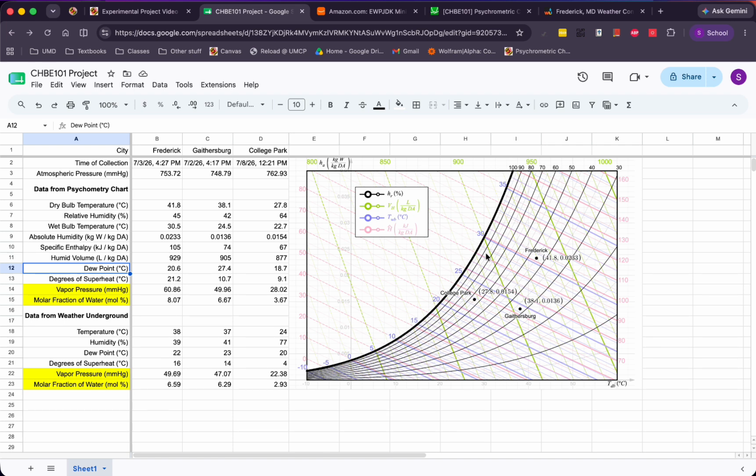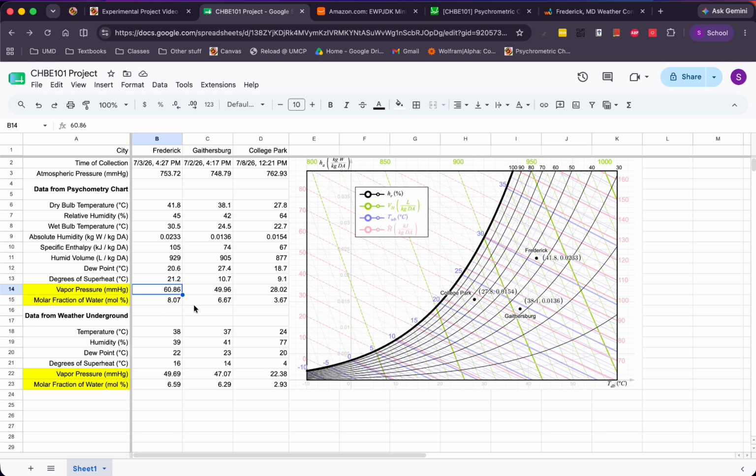And for Frederick, it would be the point on this line where the absolute humidity is the same as 0.0233, which in this case is 20.6 degrees Celsius. And then subtracting the dew point from the actual recorded dry bulb temperature gives you the degrees of superheat. And then using additional calculations and data lookups, I was able to find vapor pressure using table B3 in the FRB. And by dividing this vapor pressure by the atmospheric pressure, I can find the molar fraction of water using